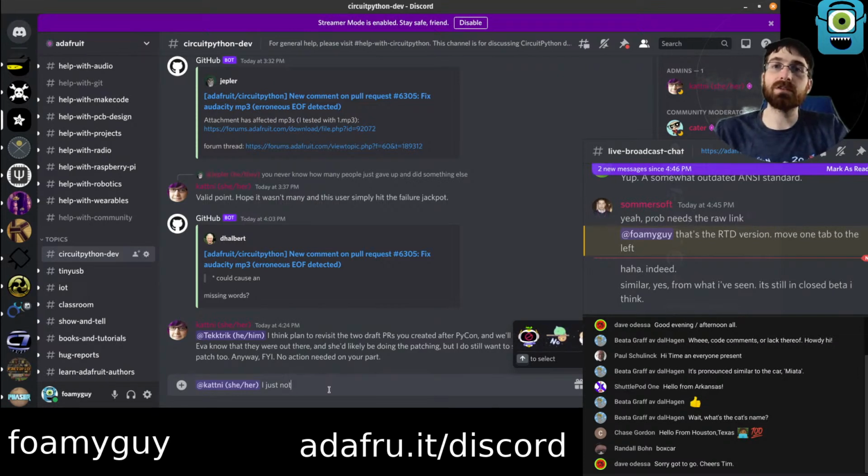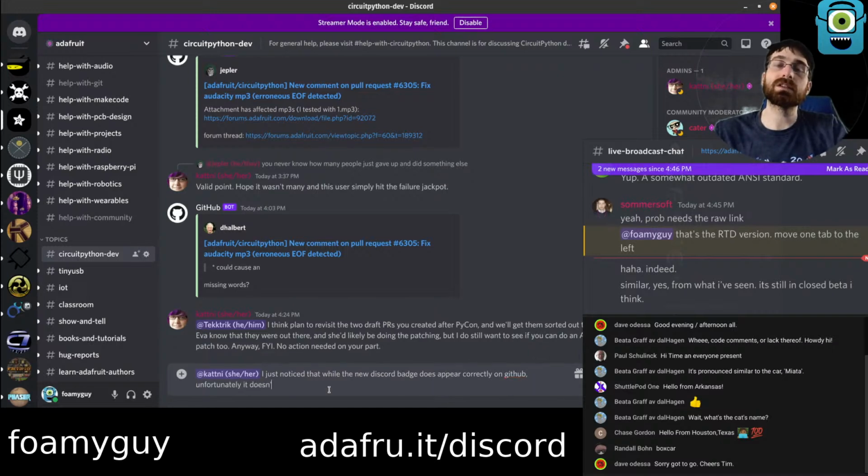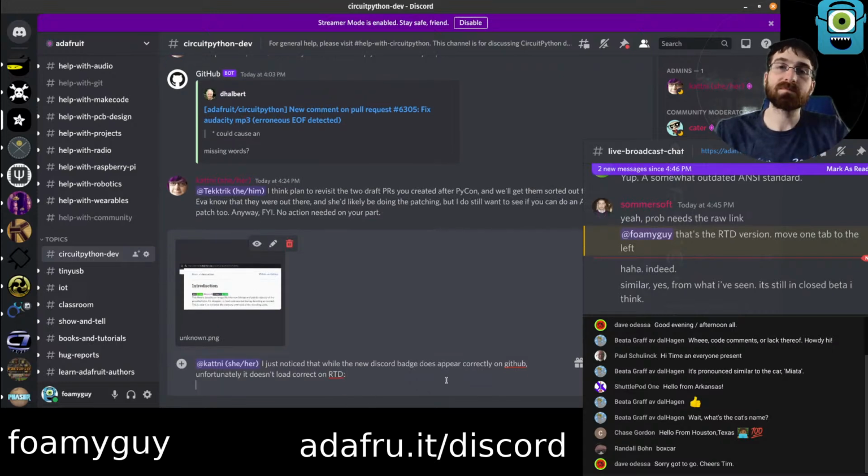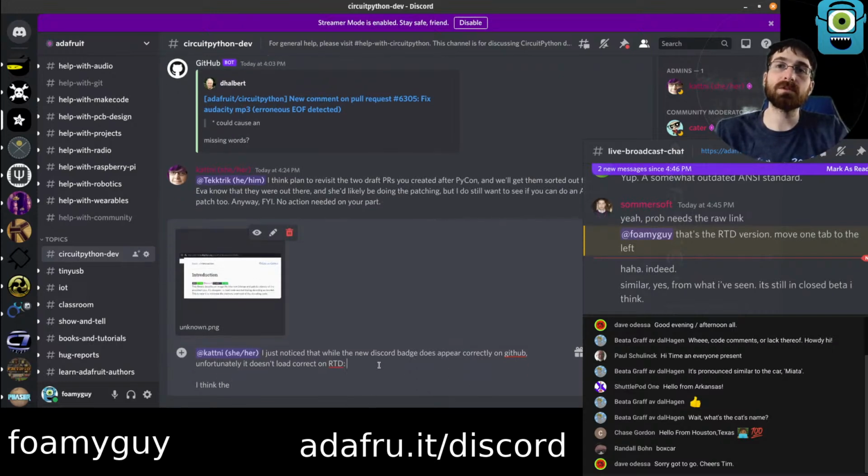I just noticed that while the new Discord badge does appear correctly on GitHub, unfortunately it doesn't load correctly on RTD. I think we don't really need these, I guess. I think one way to fix it is to use this URL for the SVG instead.